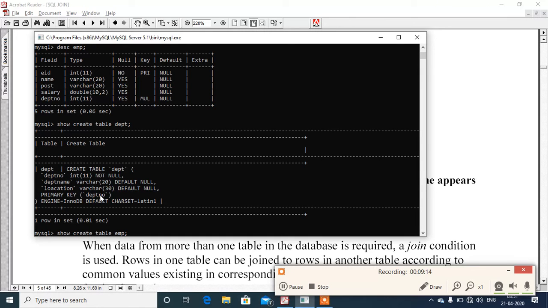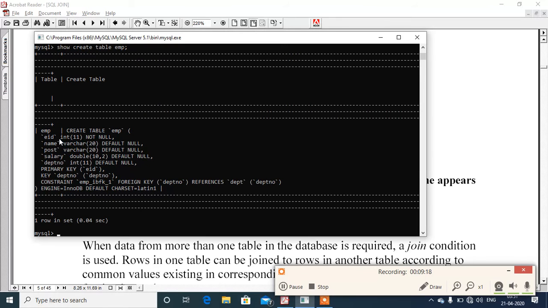you can issue the same command, show create table EMP. Here you can see create table EMP, EID not null, name, post, salary, department number, primary key EID, and department number, dept number, constraint EMP_ibfk_1, that is foreign key department number references DEPT department number.